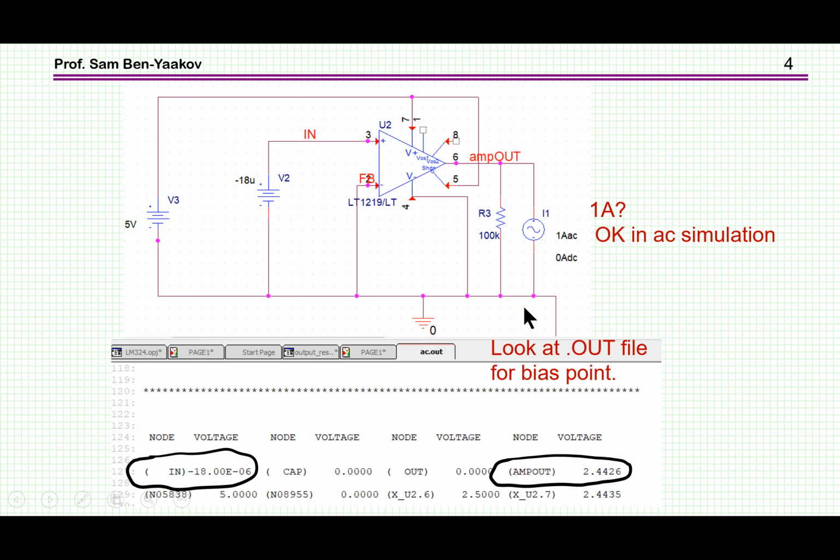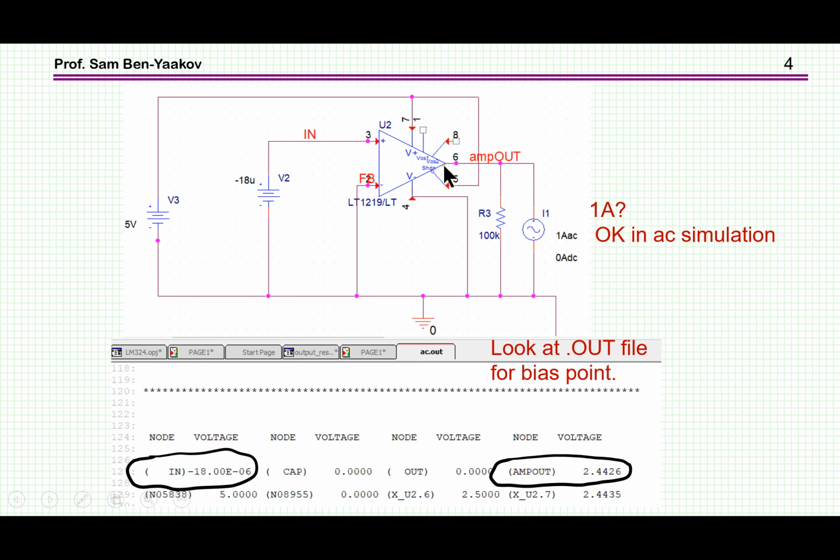Well, the point is that if you are running an AC simulation, the first step that the simulator does is to linearize the system into a regular phasor-type matrix. And in that case, it's not sensitive to amplitude. And so it's very convenient to have 1 amp here,